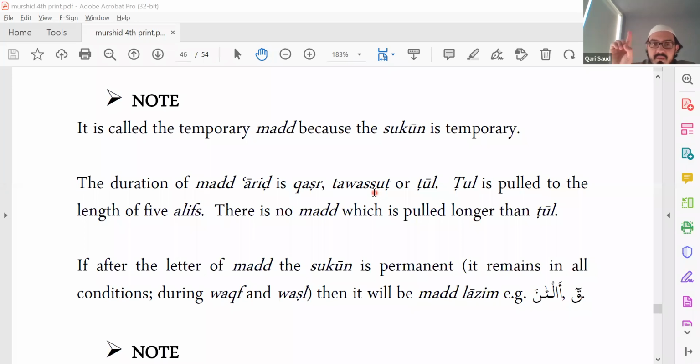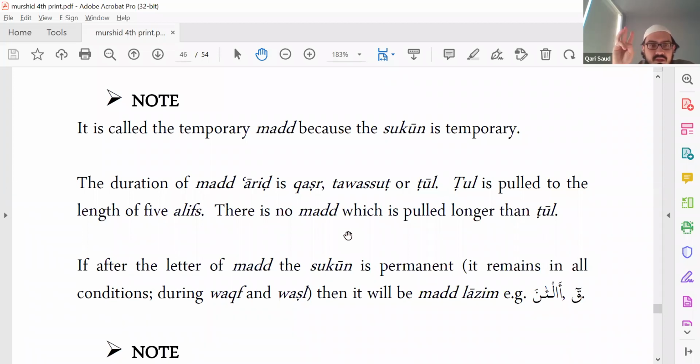So don't try to say bima, start once you get to the mad. Or for example, ulaika. This is mad muttasal, it's in 1 word. There's an alif followed by hamza in 1 word. So I don't start at u and say ula, no. Start at the la. Ula, 3 fingers. And then tul is like wala dhalin, and we're going to learn that now. Or let's use the example Maliki Yawmiddin, but you don't have to open your finger.